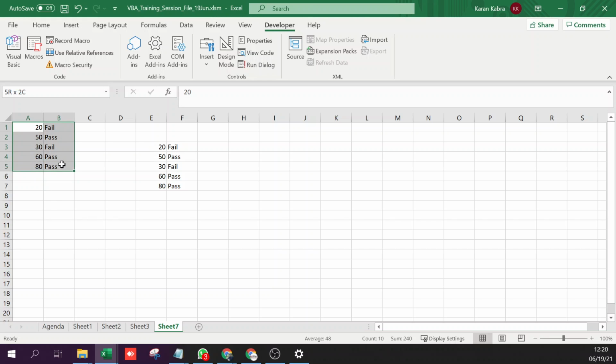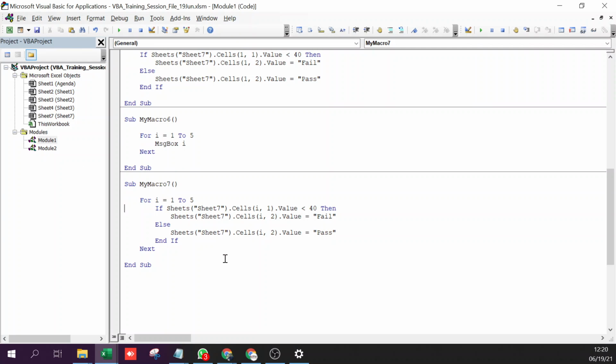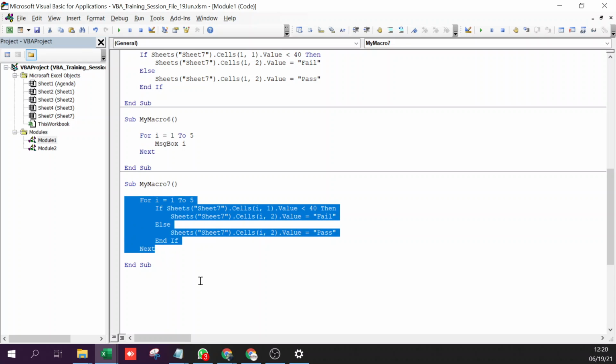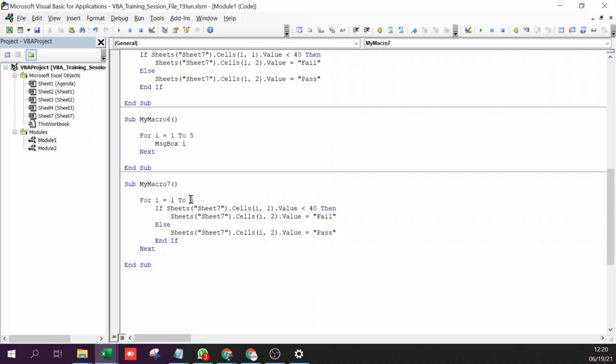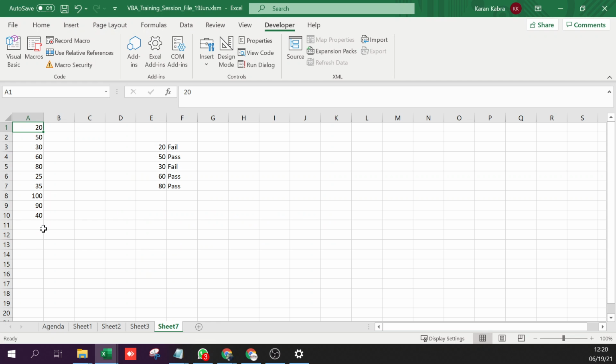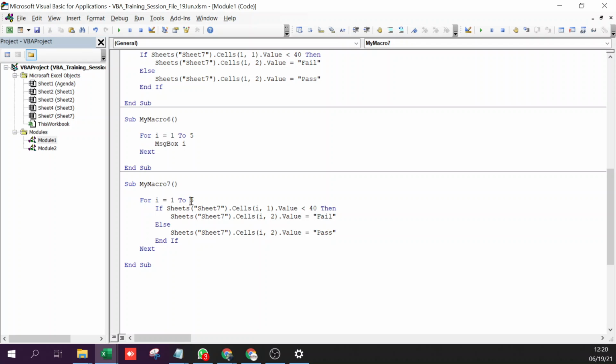So, a very small thing, probably you will never write code for this, but you need to know how to write code. That's why I chose a problem this simple. What if I increase this to more number of cells? Do I have to again and again change this from 5 to 10 or whatever? There should be a way to make this dynamic, that reads till the last row.